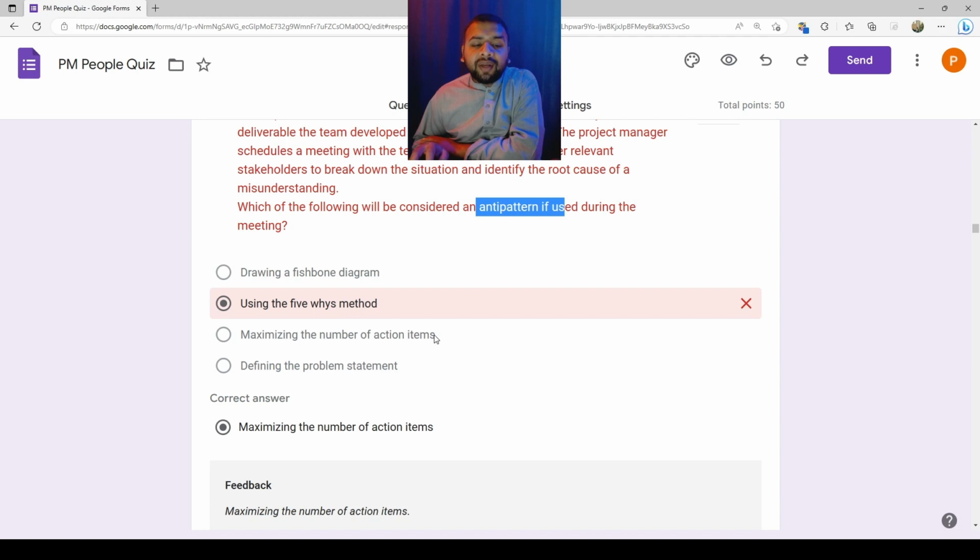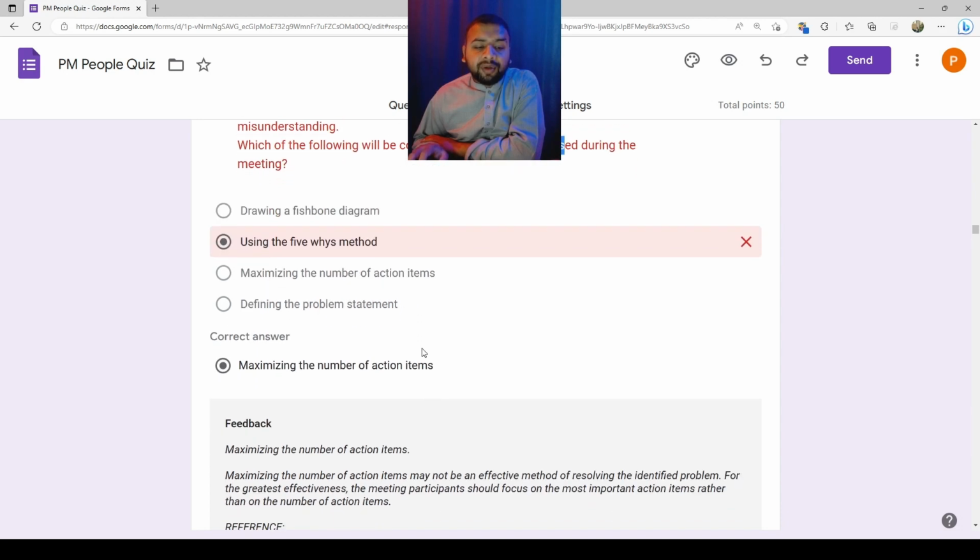Maximizing the number of action items and defining the problem statement. So the right option here, because these two are directly related to root cause analysis, and defining the problem statement could be the least possible thing here. So the only option left is maximizing the number of action items.